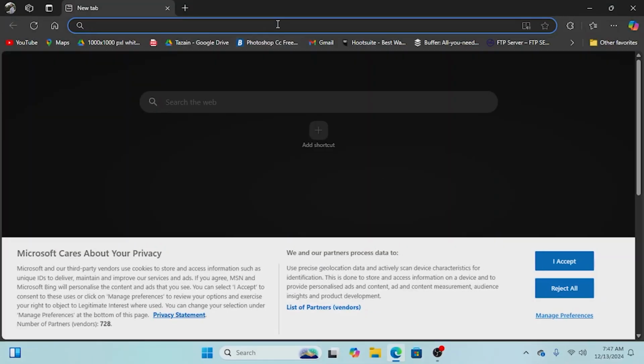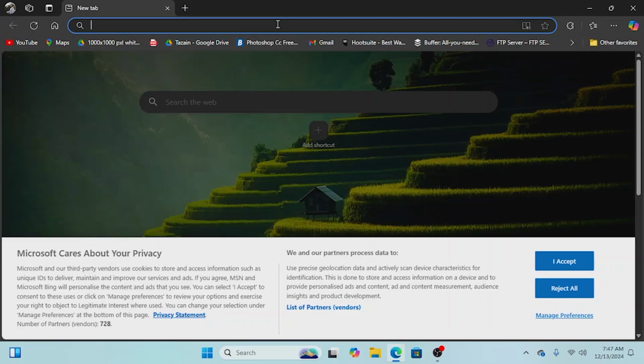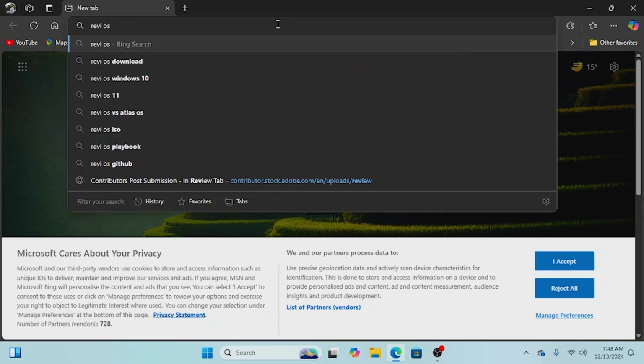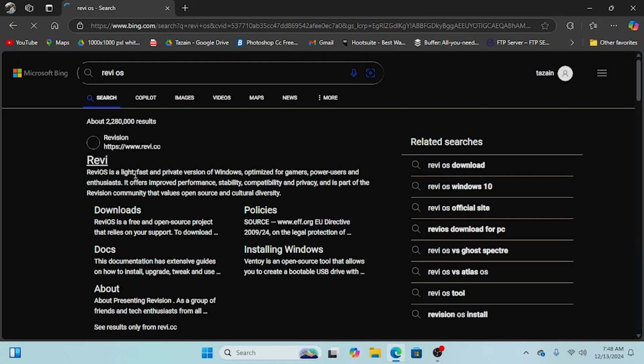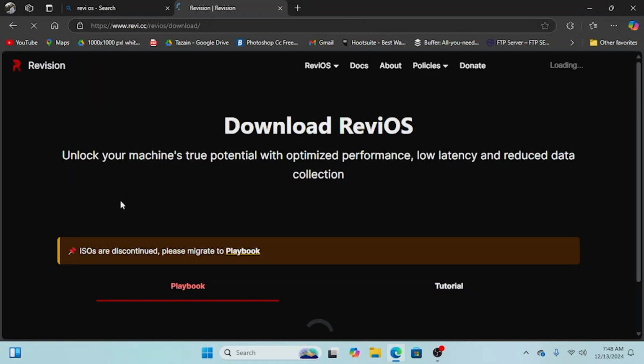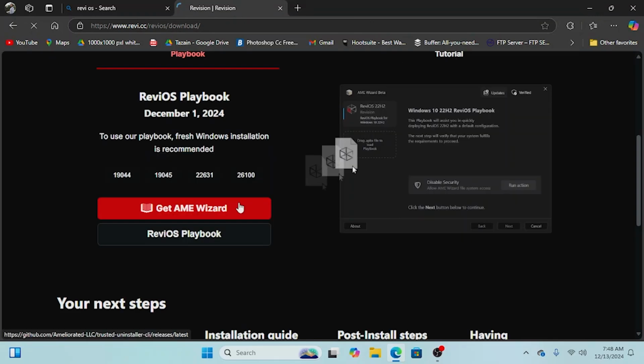So we'll just get into a browser and then search for ReviOS or RevisionOS, whichever you prefer, and both of them will give out the same results, so you don't have to worry about that. Just search it and you should get the first link and just go to downloads, or you can just get into the link and then you will find downloads right there. So we'll just wait for it to load up, and now just keep in mind that it has to be a clean Windows install and it can't be something that is heavily modified or you have used for a long time. Just click on this button right here, which is the wizard or the thing that will make the